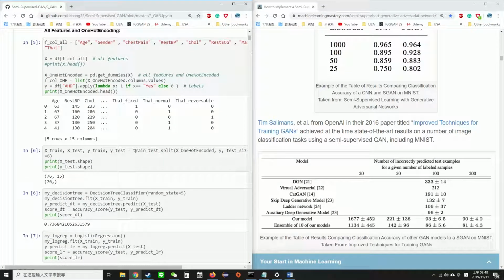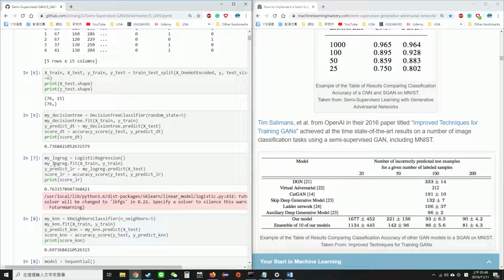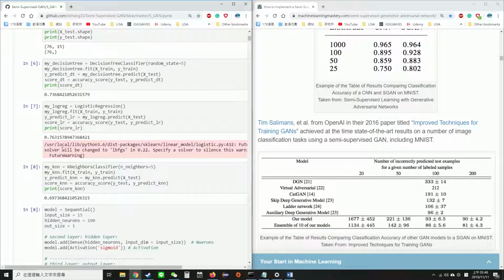Then we split the data set first. We have 76 testing samples, and we're going to use the other 200 samples for training the GAN. Then we use machine learning, so decision tree, logistic regression, and KNN with all of these features, and the accuracy is 73%, 76%, 69%. We predict these because we want to compare with how good